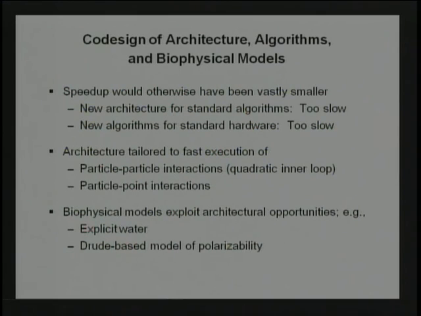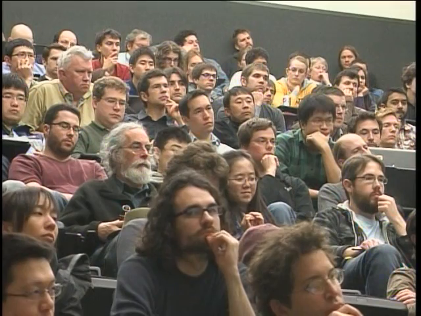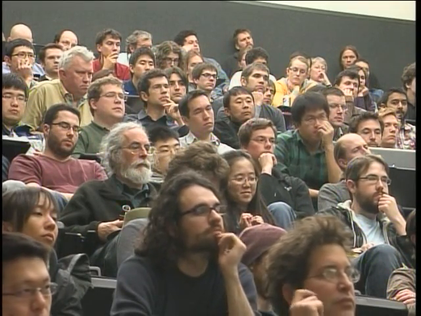We also, I mentioned the architecture and the algorithms. The underlying biophysical models also really had to be, not exactly changed, but we had to look very carefully at what kinds of physical models we could do well in hardware, which kinds of things we couldn't, where we wanted flexibility, and where we really had to have really stupid hardware that was just really fast. And I'll show you a picture of that in a second. So the different models we support, they exploit the architectural opportunities that were available to us in flat silicon. How could we map it out?